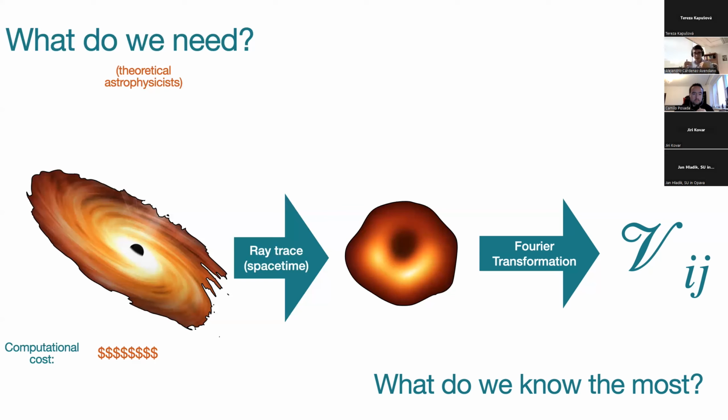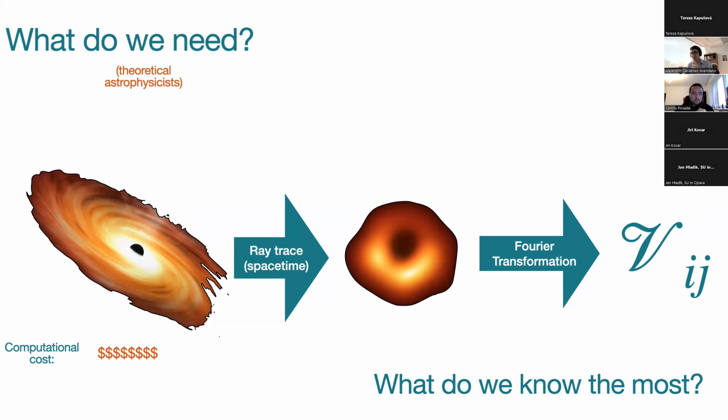This is hours and hours of supercomputers, and they had basically a few spins. They studied -0.94, -0.5, 0, +0.5, +0.94. They have two main models, one that they call MAD, and the other SANE, which depend on the configuration of the magnetic field, but in reality, this is very, very hard to study,